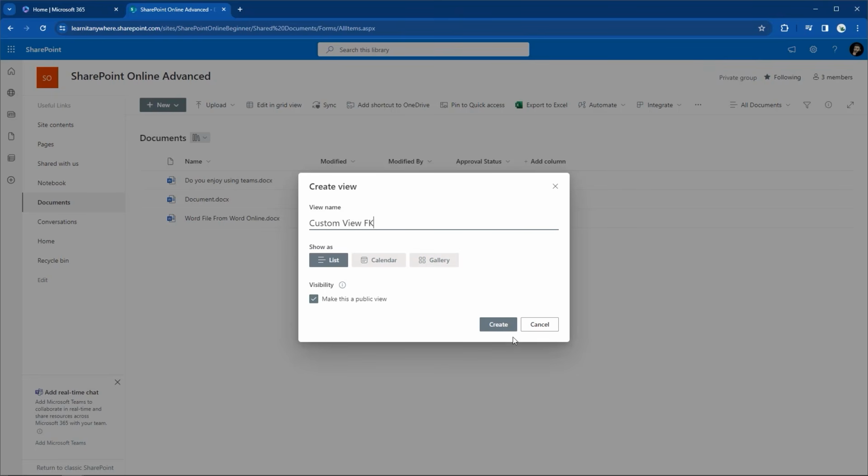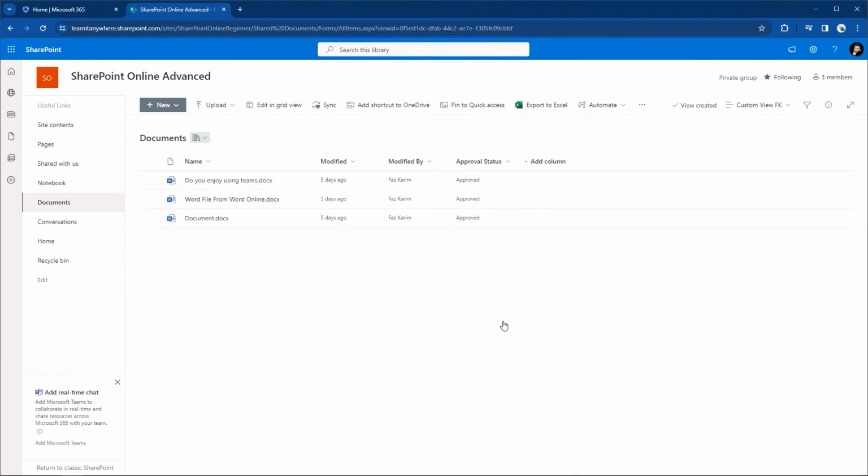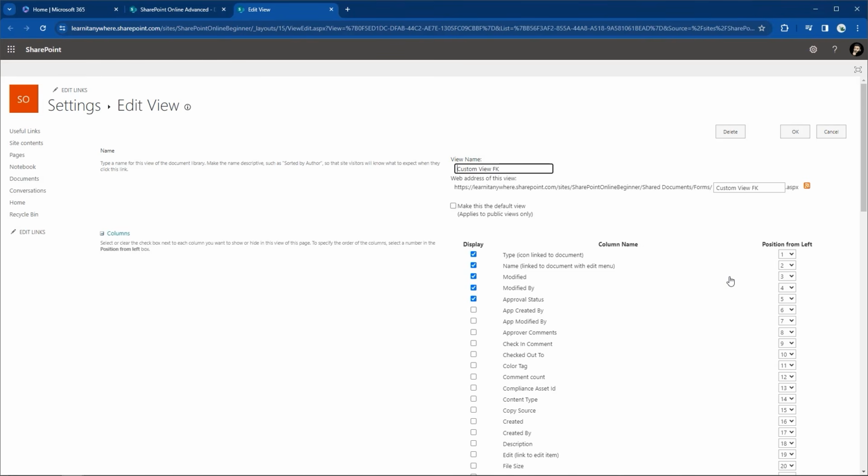And when I hit create here, it's going to take me over to the page where I can start editing. Once I go down to the drop down and choose to edit the view. So here's a new view that I just created. Custom view FK. It's a duplicate of my original view, all documents. But I have the opportunity to edit the current view that I'm in and save the changes to it. And here I get to do things like